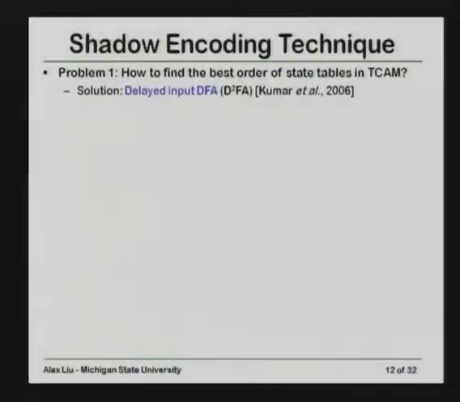There are three problems for realizing this. One is how to find the best order of the state tables. You need to order them carefully, and the solution we use is delayed input DFA. This is called D2FA, proposed by Kumar and others in 2006. They proposed this for software-based regular expression matching.